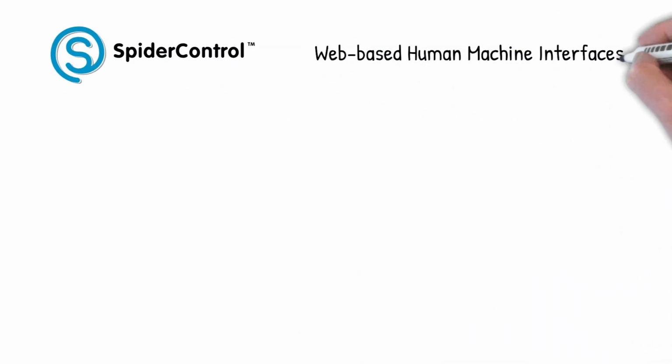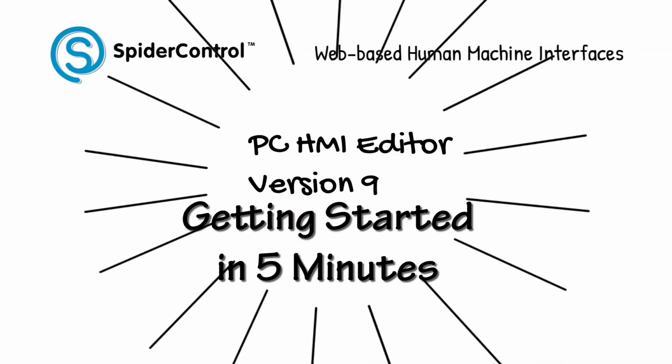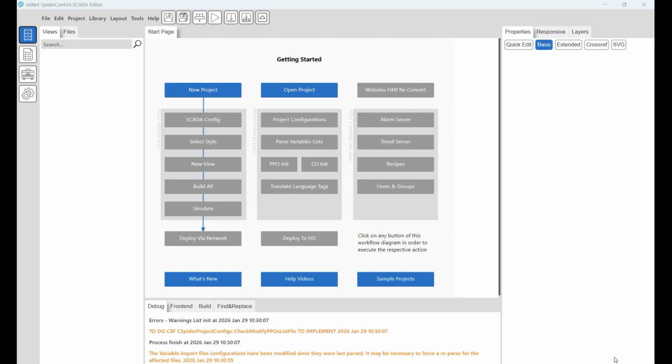In this video, we'll show you our new SpiderControl HMI editor in version 9 and show you how you can create your own project within 5 minutes. You can simulate and download it to a target. Once you start the editor first, you see this image, this flowchart, where all important functions are shown to work